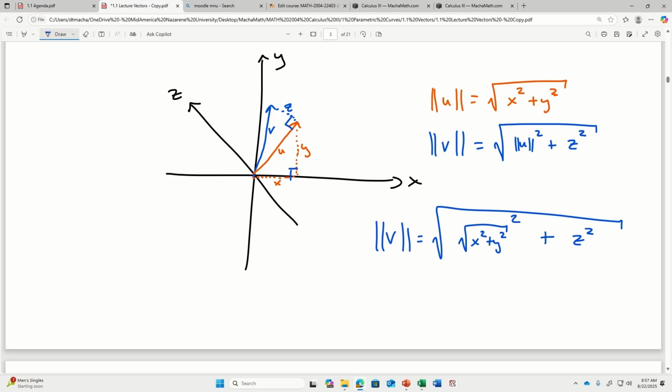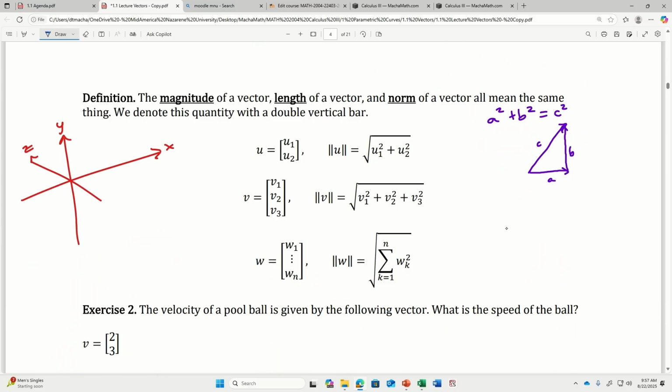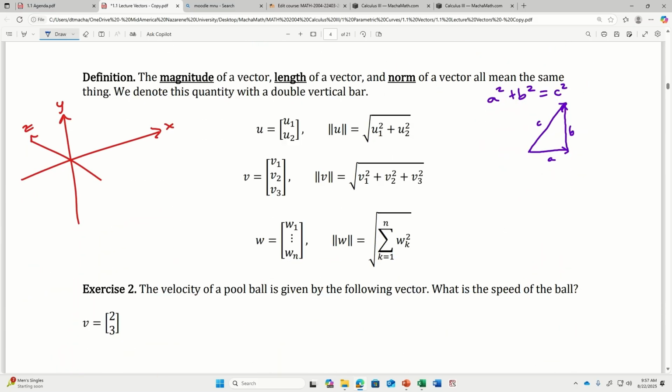Okay, so that brings us to our formulas. For a two-dimensional vector, add them up just like you would expect. For a three-dimensional vector, it's super easy to remember. And again,